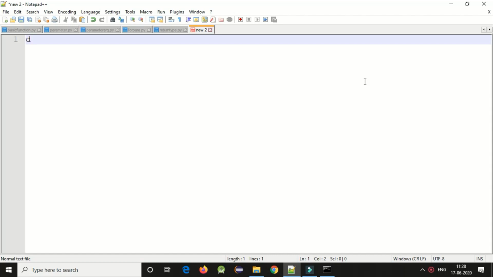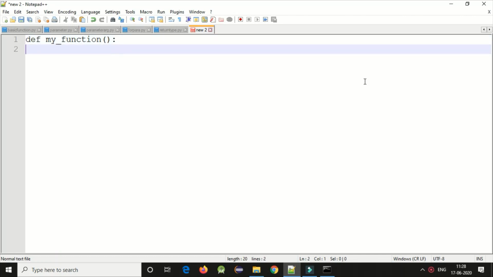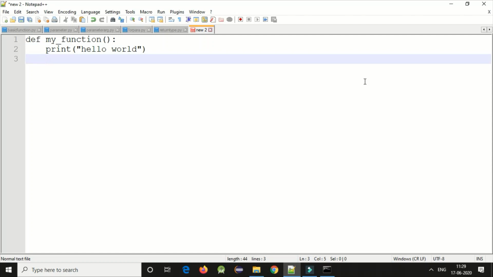So this is def my_function, brackets, colon, print hello world. Now this is your program.